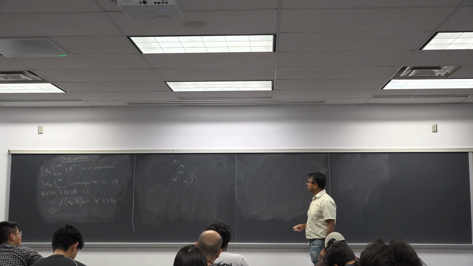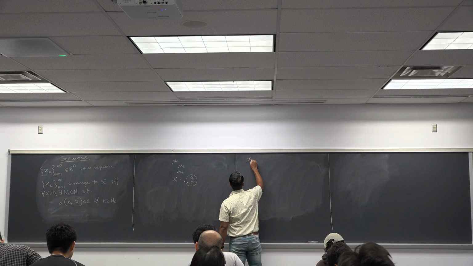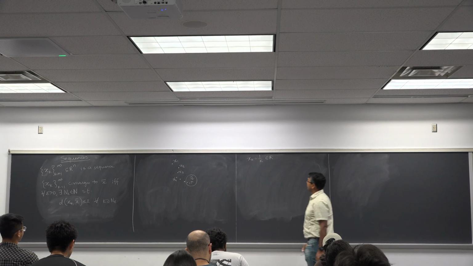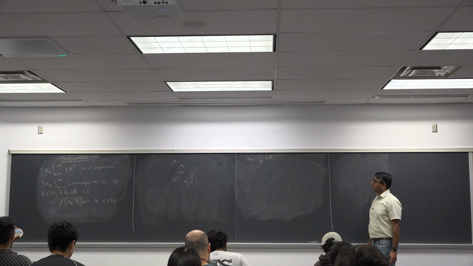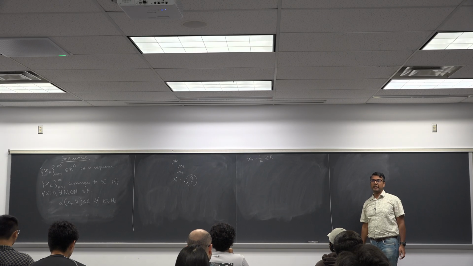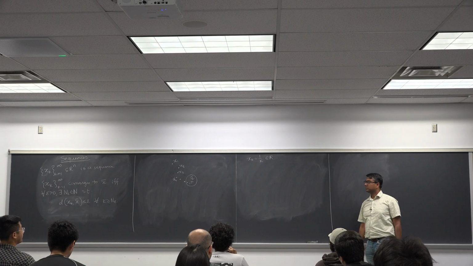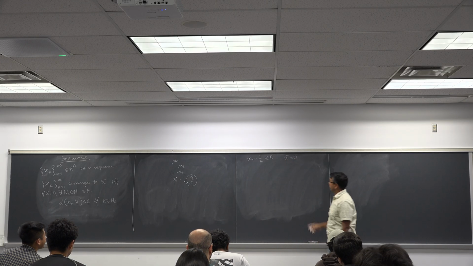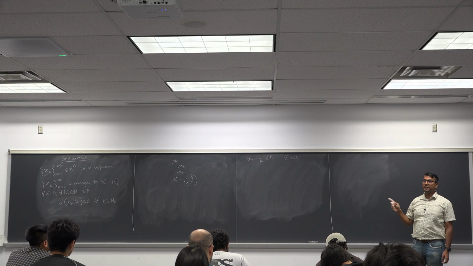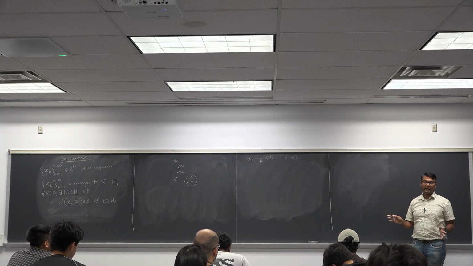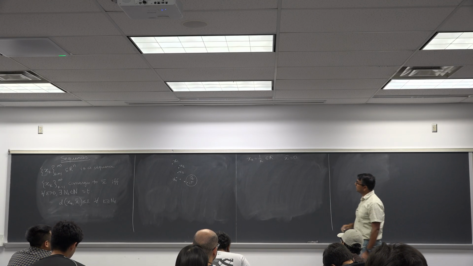So let's look at a very specific example. My xk is 1 over k. This is a sequence in R. And my job is to find an x bar. Okay? So what does this sequence converge to? Any guesses? 0. Okay. It's still a guess because we haven't proved that this sequence converges to x bar. So right now our guess is 0 seems a likely candidate for this sequence to converge to.